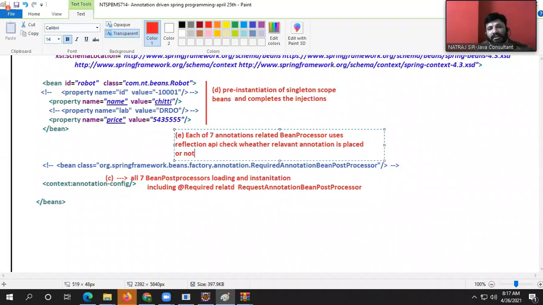Relevant annotation is placed or not. And finds only @Required annotation is placed on